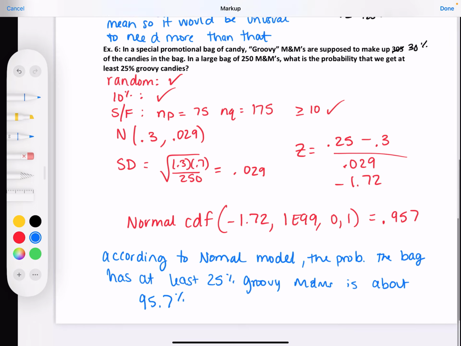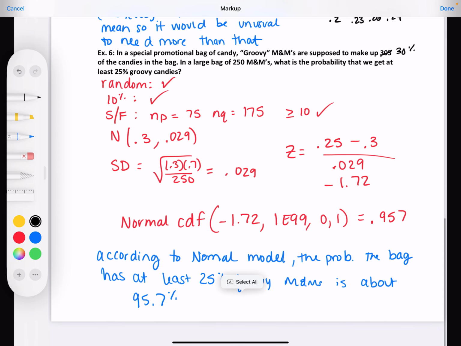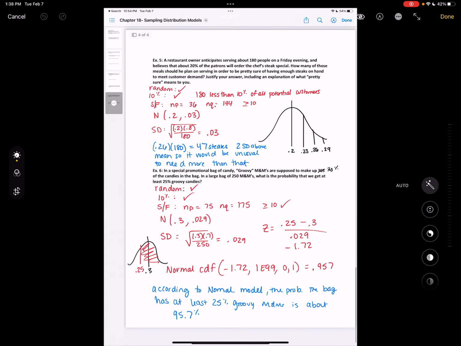And just in case you wanted to see what this looked like, because I know we went through that fast, our mean was here. We wanted to know about anything bigger than 0.25, so that's why we did the normal CDF the way we did, of it being over that. So tomorrow